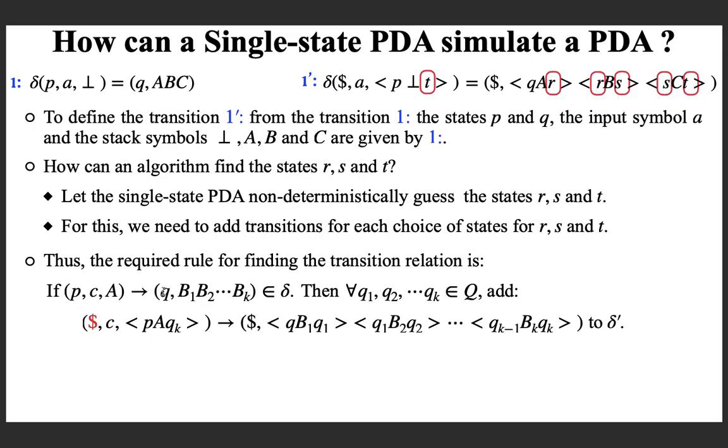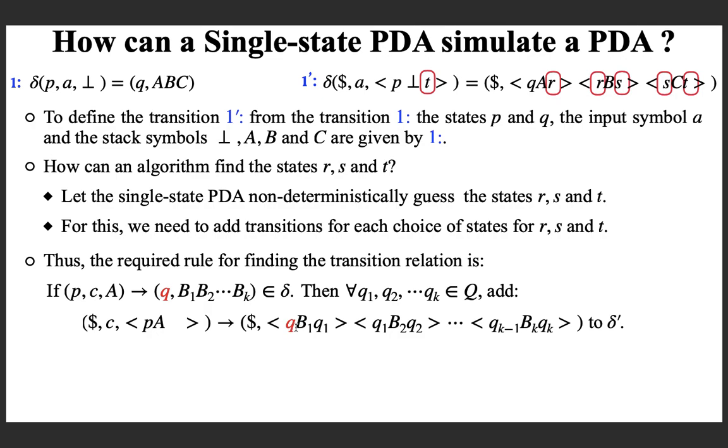So what I am telling is, dollar is the only state, C is this input symbol, and P is given by the state in the LHS of the original transition, A is given by the top of stack symbol, and now what is QK we don't know, we have to see. In the RHS, dollar is the only state,